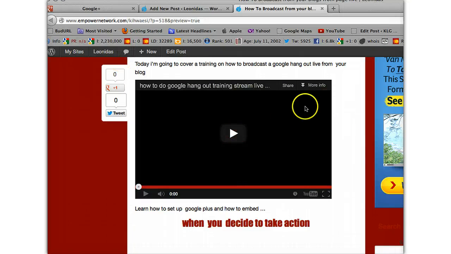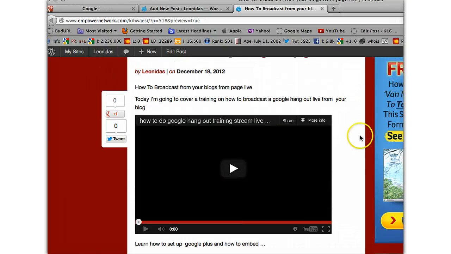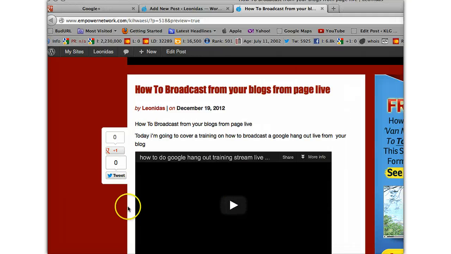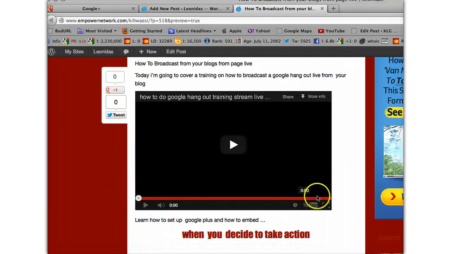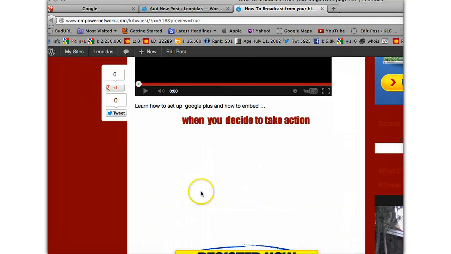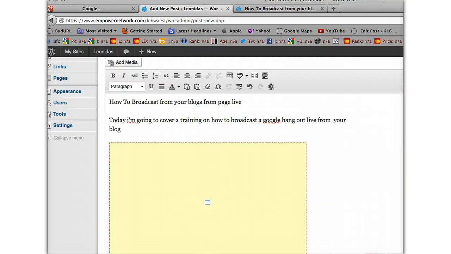Now keep in mind when you're in the preview mode, you're not going to see, oh, it worked. Usually you don't see the YouTube video like this. As you can see, this is a little narrow for me. On the blog, I like for it to have the full width of the blog, so there's probably about 1 to 2 pixels of padding, maybe 3 pixels. Whatever that padding is, I like for that to be on both sides, so it looks balanced and even, and it's easier on the eyes. All this white space is not needed here unless I'm putting content, so I would just eliminate that space between both of those.